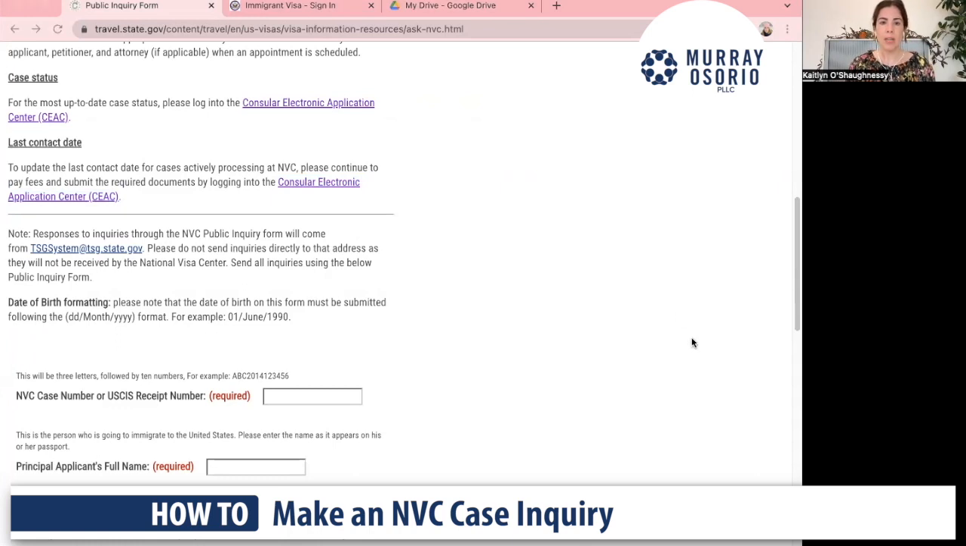So some examples of reasons why people would need to file or want to file an NVC inquiry are a delay in receiving the consular interview date, or a delay in having your case transferred from USCIS to the NVC. Another example would be to get confirmation that documents were received if there were some issues around that communication. Annual contact to avoid termination of a petition, or another example is if you need to change the location of